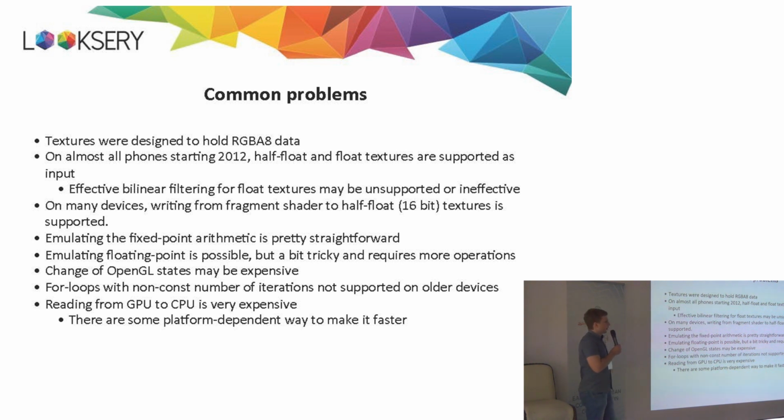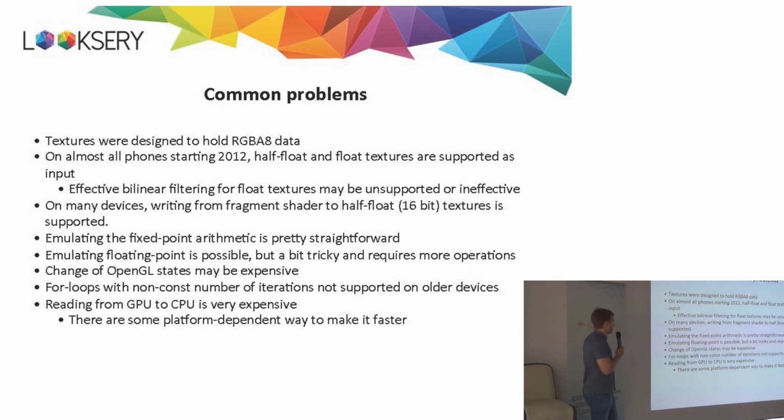On many devices, you can use 16-bit half-float textures as a render target, so you can render to them and have four 16-bit floats as an output, or just four 8-bit char components. If you don't have half-float components, you can emulate fixed point arithmetic using the four chars which you have available, or you can emulate floating point arithmetic, but it's a bit tricky and requires more operations for